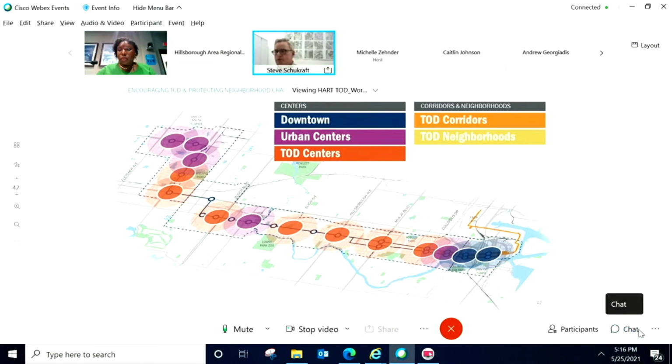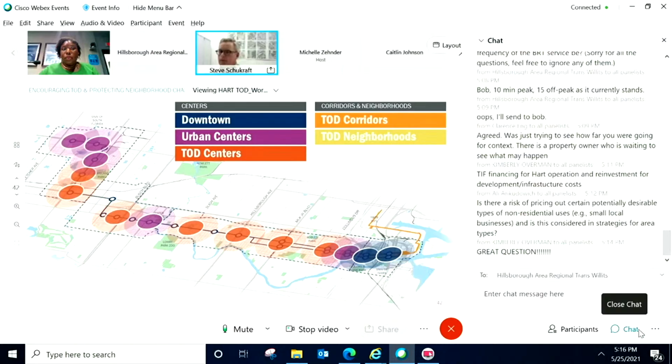A large percentage of those are auto-oriented uses that we're not interested in protecting, that aren't transit supportive, that don't provide specific services to the surrounding neighborhood. A lot of those legacy businesses are here primarily because they've paid off their land, and it's an easy place for them to be. But we'd like to see those transition. So finding a balance between what we push to transition and what we keep is tricky. And we'll be looking at that when we develop our more detailed recommendations about redevelopment.